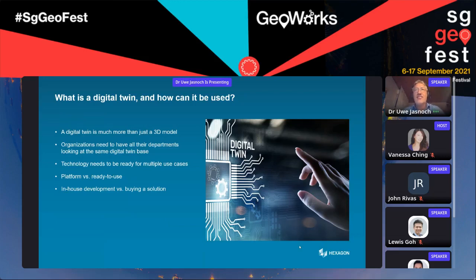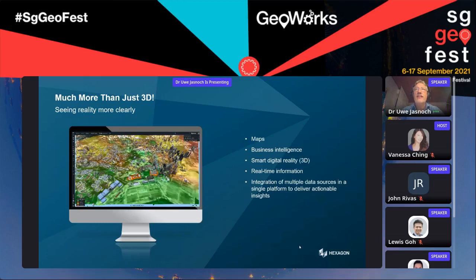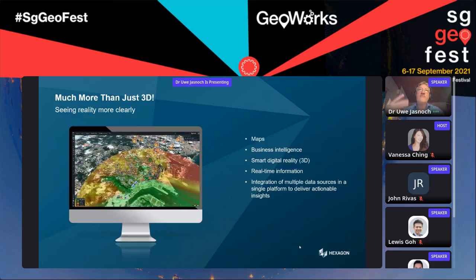So after the construction is done, we need to justify, verify, for example, if the building, if the bridge, if the street was built as designed. And also here the 3D sandbox digital twin is going to help us. Now, as the colleagues already pointed out, the 3D sandbox is more than just 3D. We are really helping, and all the different presentations indicate this. We really bring more clarity and reality into the game.